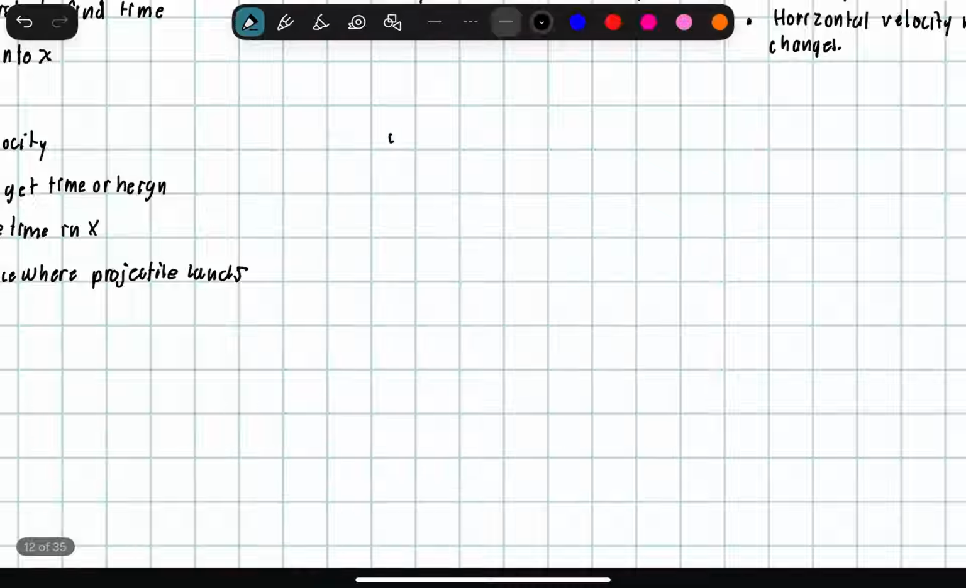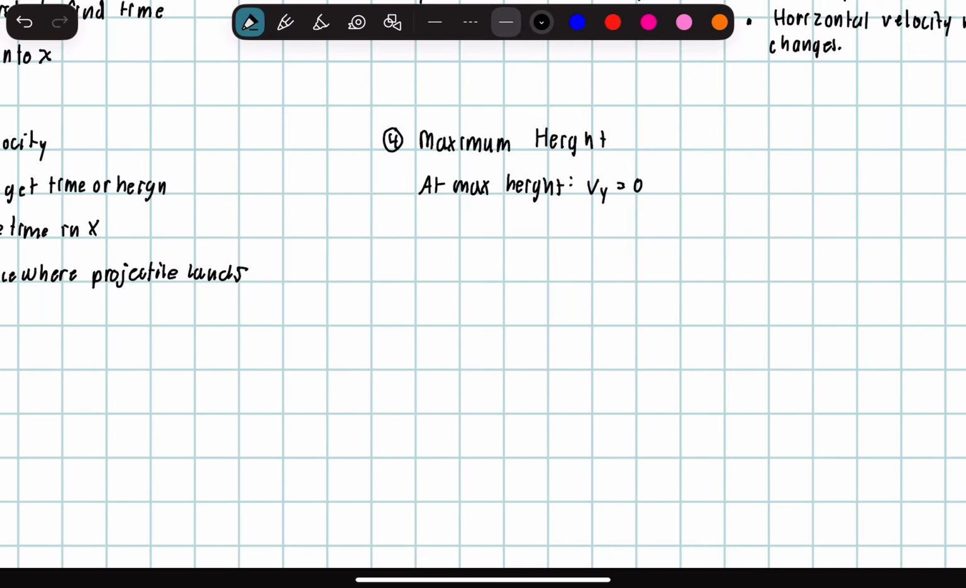Now, the fourth type of problem you'll encounter are maximum height problems. Now here, you can write that at max height, v_y is equal to 0. And the reason is